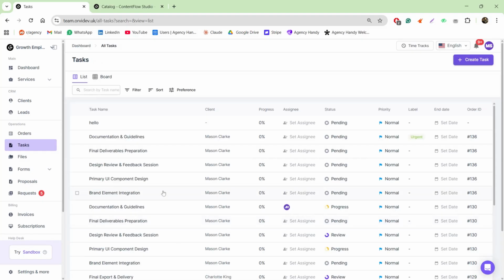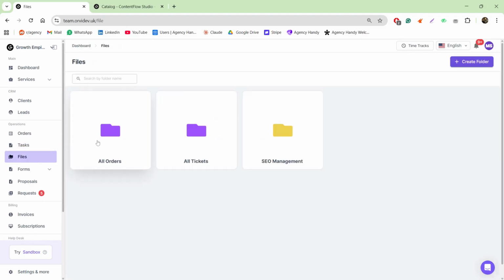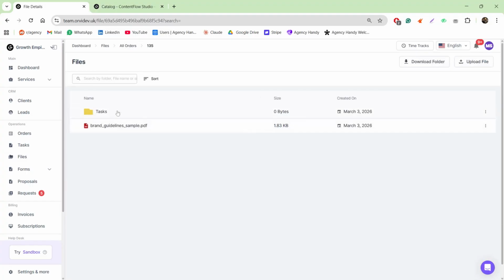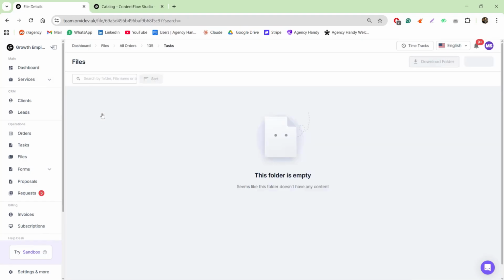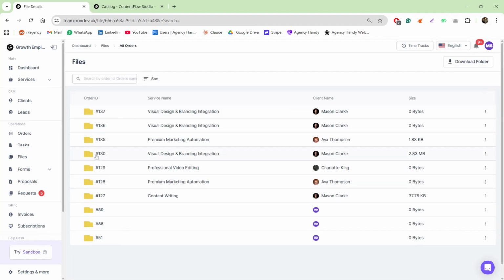So you'll get all the task details here. Then there is files. For every order or every project, we automatically create one file, one folder. So if I click on this, I'll see I have this one file extra beyond task, but within task, I might have, okay, there's nothing, but in other orders,